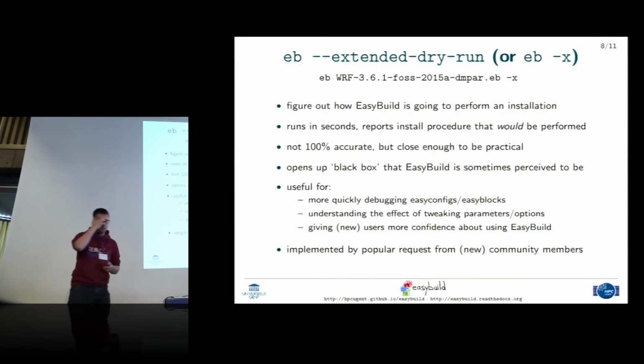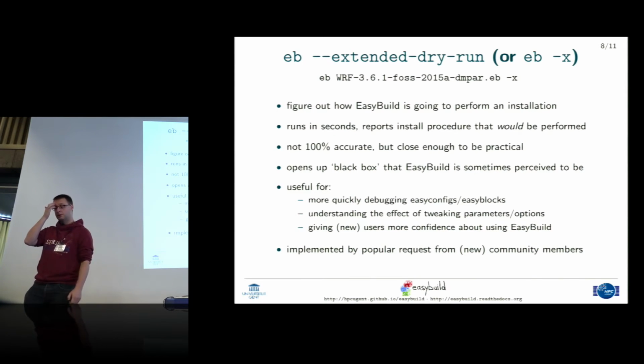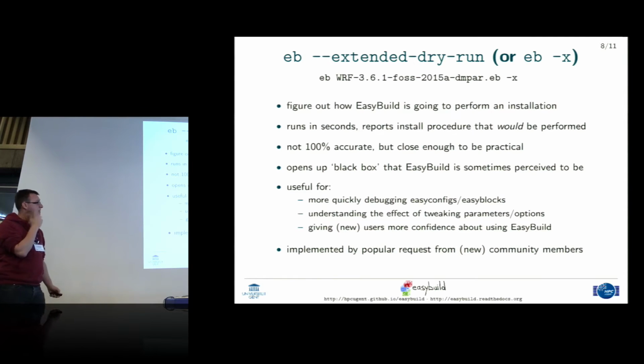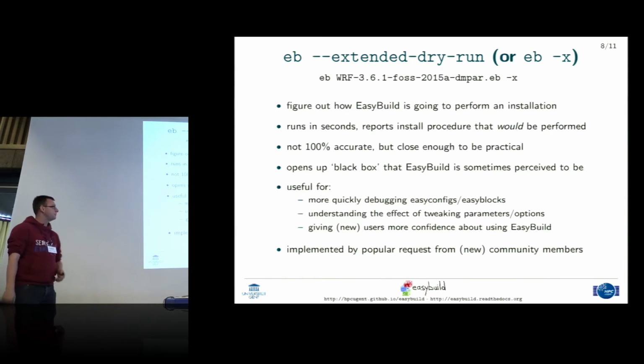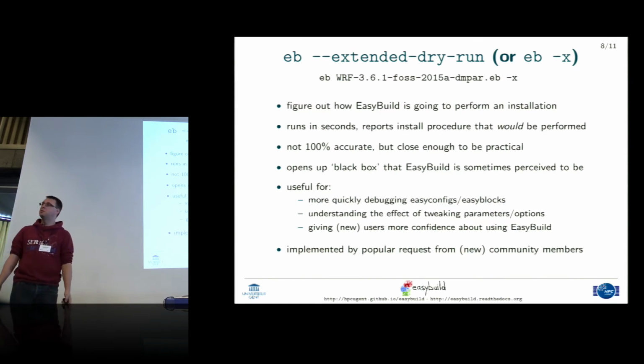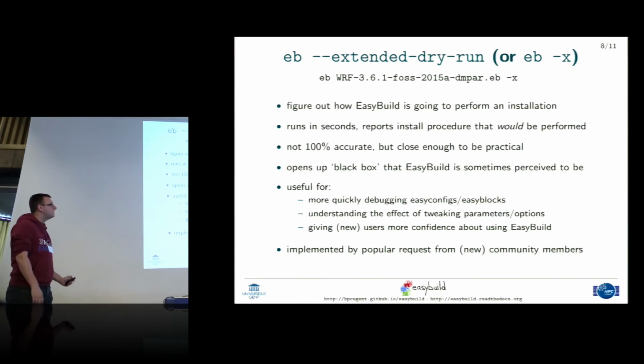Okay, and another very nice option is the extended dry run. This will actually give you a pretty good overview of what EasyBuild is going to do and how it's going to do it. This is very recent, and a lot of people were asking for this, and I long figured it would be either very difficult to implement or not very useful in practice, because getting this 100% accurate is difficult. Sometimes certain actions in the build procedure depend on which files are there, or depend on, after running make, what ends up in the build directory,